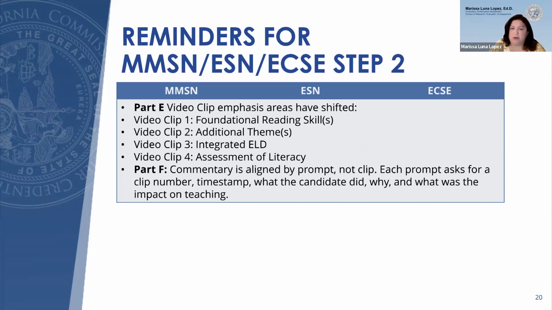Video clip 2 is where that candidate is really going to be looking at that additional theme. Video clip 3 is around integrated ELD, and video clip 4 is assessment of literacy, where a candidate will be providing a formative assessment and then responding intentionally. And oftentimes an intentional response is adjustment and instruction, but it's whatever makes sense based on the summative or based